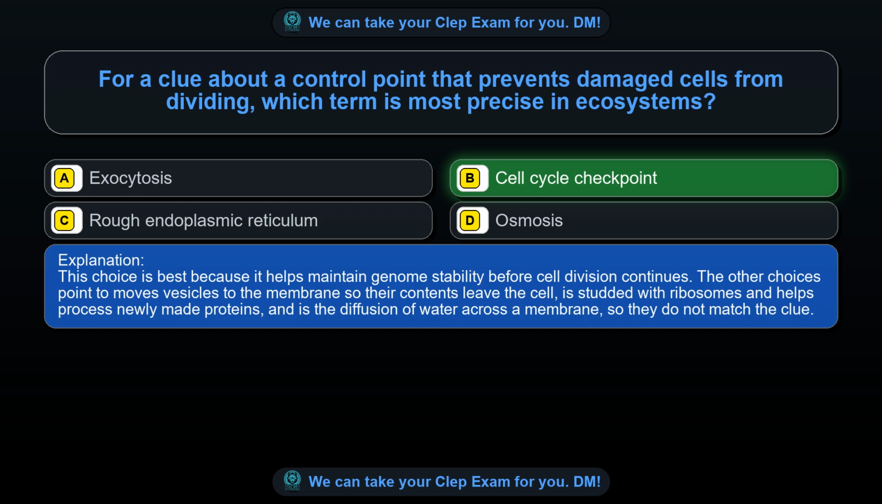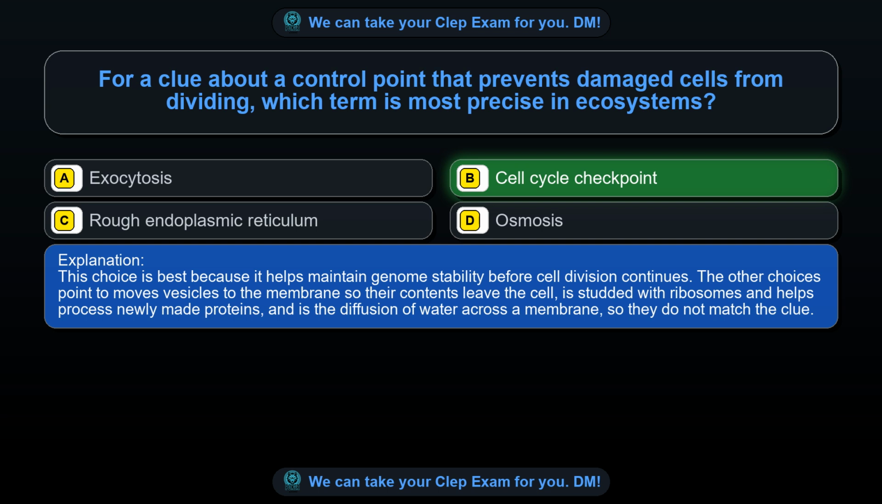This choice is best because it helps maintain genome stability before cell division continues. The other choices point to moves vesicles to the membrane so their contents leave the cell, is studded with ribosomes and helps process newly made proteins, and is the diffusion of water across a membrane, so they do not match